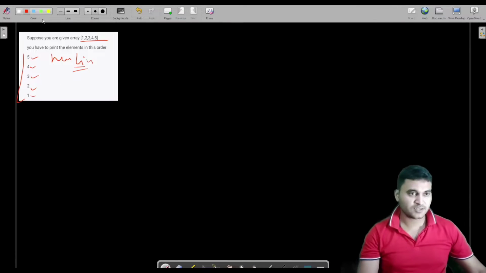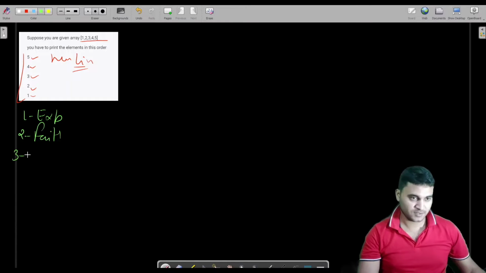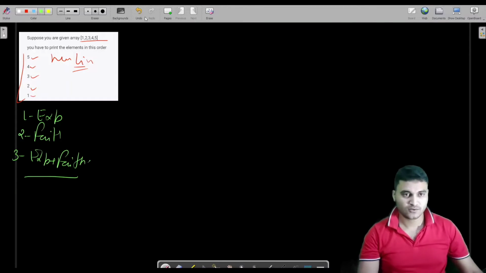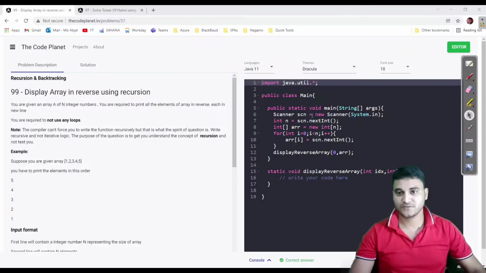There are 3 steps to solve recursion: the first is expectation, the second is faith, and the third is expectation plus faith meet. Let us clear the expectation first. Let us see the function which is provided to you.